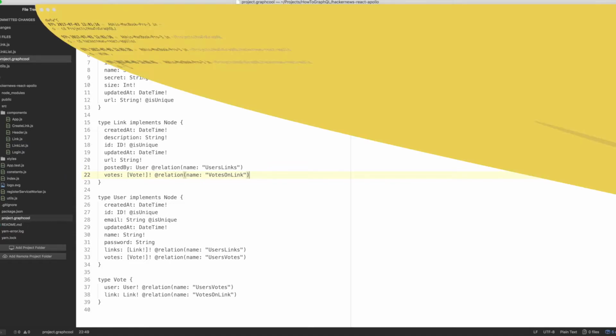Next, open up a terminal window and navigate to the directory where project.graphql is located. Then, apply your schema changes by typing the following command, graphcool push. Here's what the terminal output looks like. Awesome! Now that you updated the schema, you can fix the issue that currently prevents you from properly running the